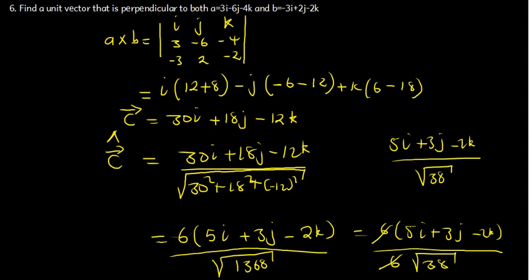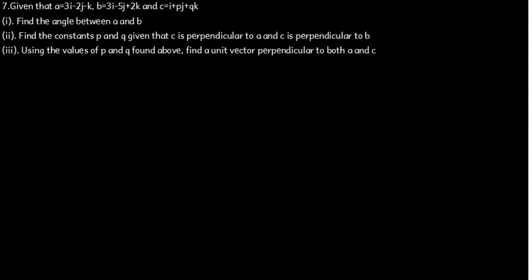Okay, let's look at another question here. Given that a is equal to 3i minus 2j minus b minus k, b is that and c is that, find the angle between a